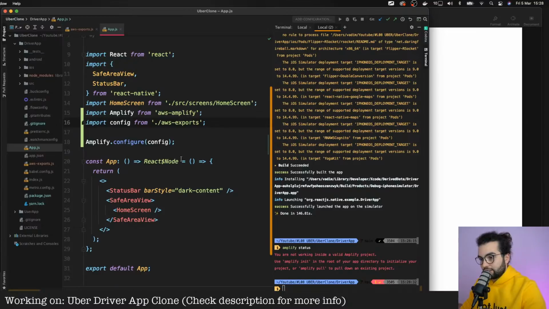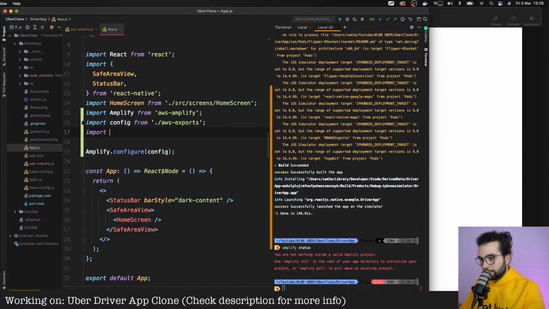So let's do it with one line of code. Let me just think. Yeah, import withAuthenticator. Oh, that's a mistake. Yeah, I think like this.